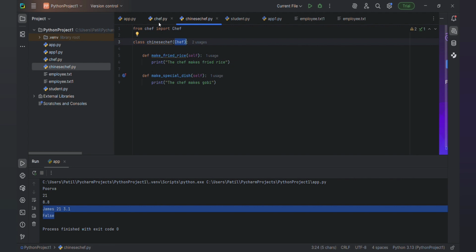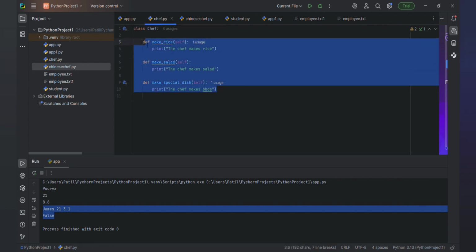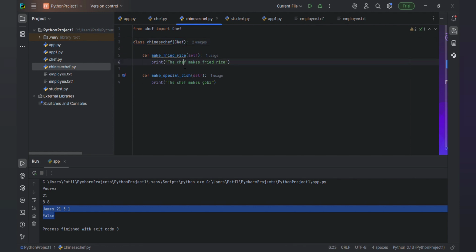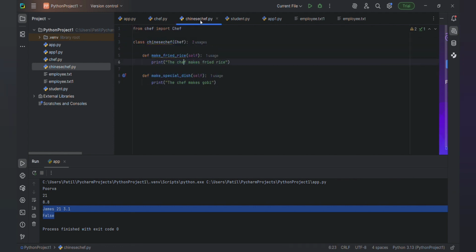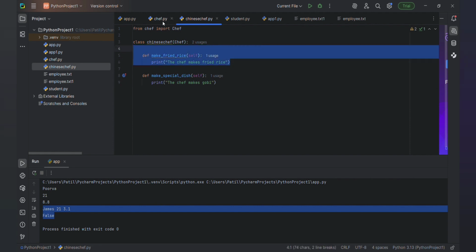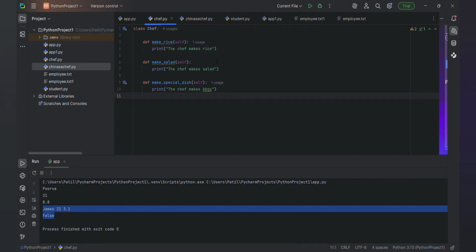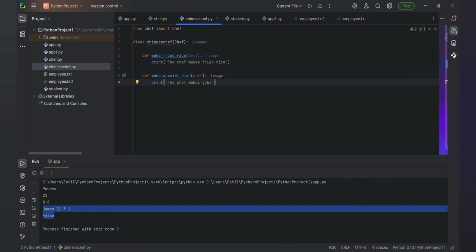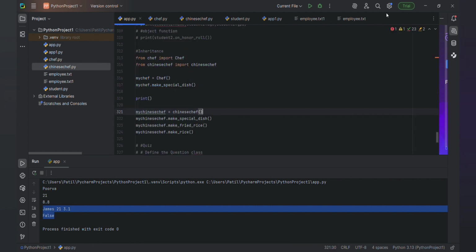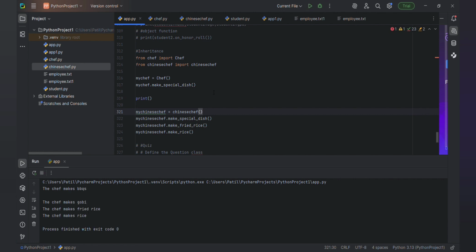All the properties which are here will automatically come here. So fried rice is some external property of this, and if you want to specify that the special dish of this chef and Chinese chef is different, so I will tell you chef is different. Let me print that, you will understand.